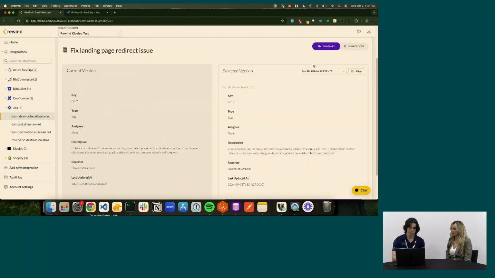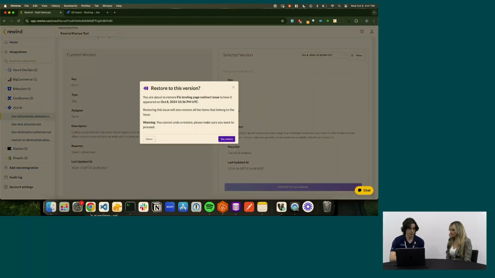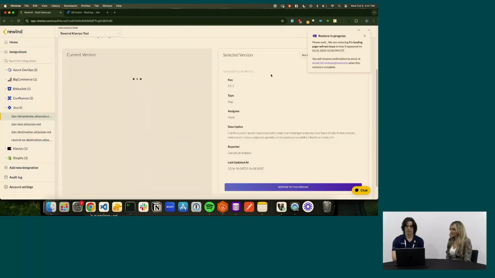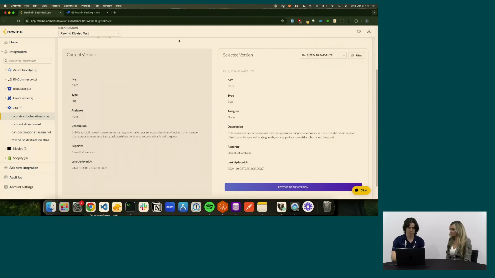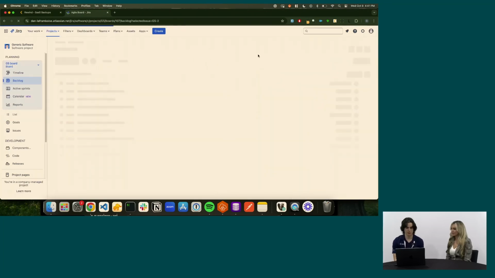For the most part, we see customers just wanting to restore to the most recent version, right? That's the undo button. So I'll just click on this one. I can see that there's the description that I'm looking for. So I'll click the big restore button. I get prompted for an are-you-sure. I'll say yes. And then Rewind tells us that that restore is now in progress. So I'll close this for a second and jump back into the Jira backlog. And in a few seconds, I should be able to refresh and see that description return